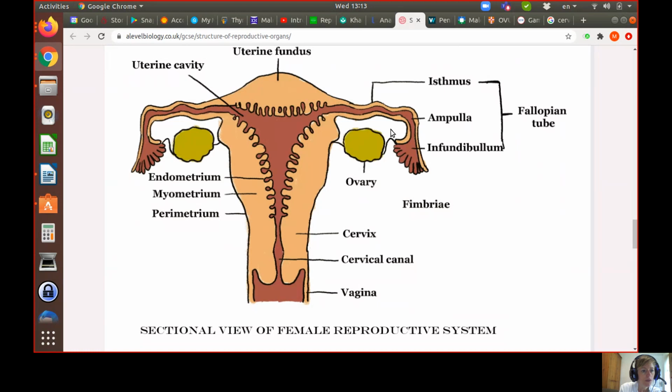It provides a suitable environment for fertilization and transports the egg from the ovary. So the egg comes out here and goes all the way over there